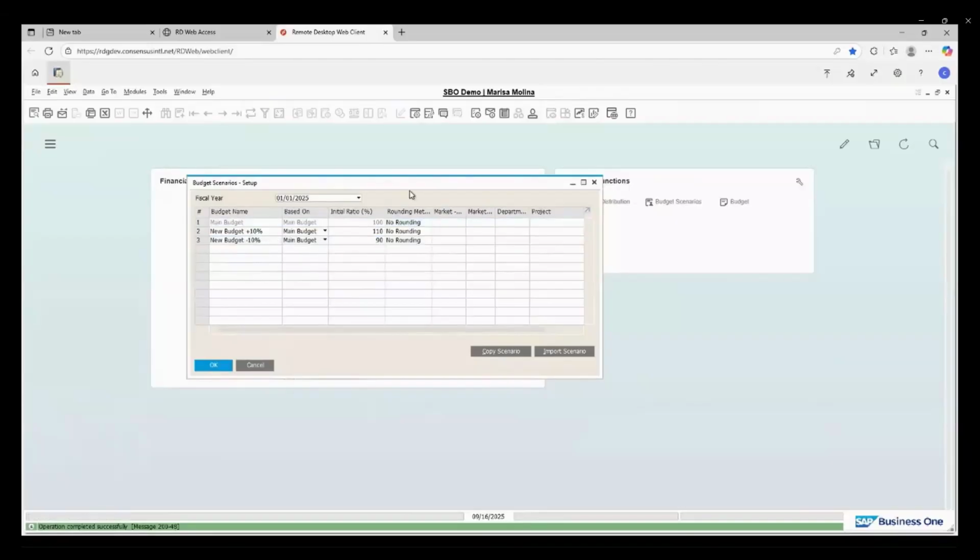So basically now you have these three scenarios. The second one and the third one are for what if. So you can run reports against those, but the system will work tracking expenses basically and doing the warning or blocking against the main one. Okay, so that is an important thing to keep into account.